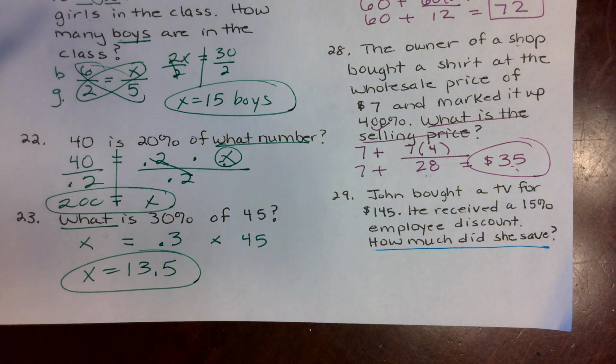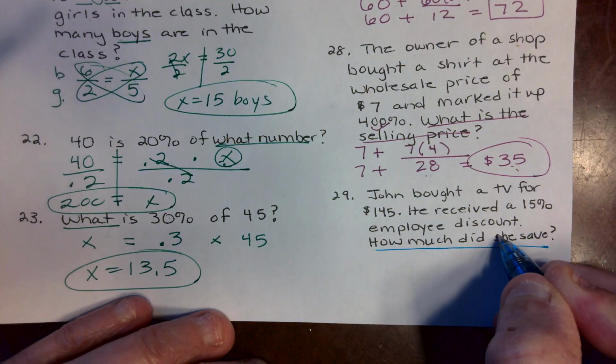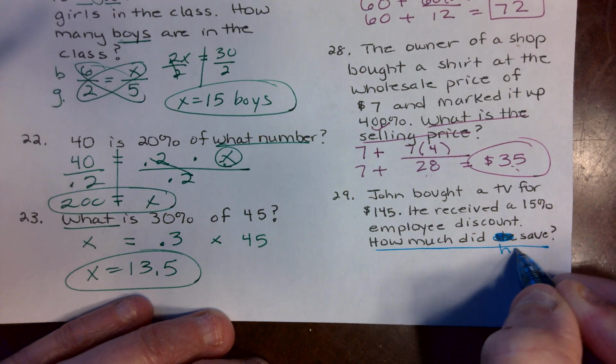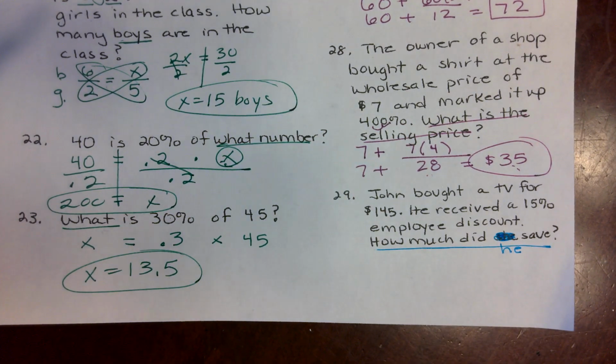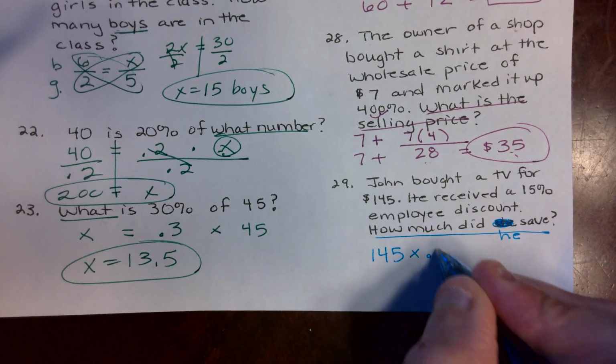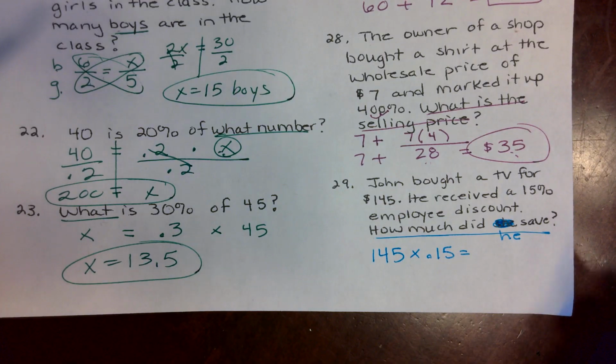John is definitely not a girl, so we're going to change that to he. He received a 15% employee discount. So let's find out. All you have to do then is take the 145 times the 0.15, and you get